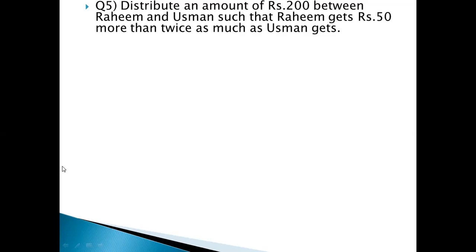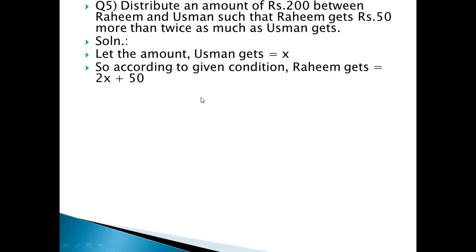And you have to distribute these 200 rupees between Usman and Rehan, such that Rehan gets rupees 50 more than twice as much as Usman gets. It means that Rehan gets 50 more than Usman. So let's suppose the amount Usman gets is x. So according to the given condition,